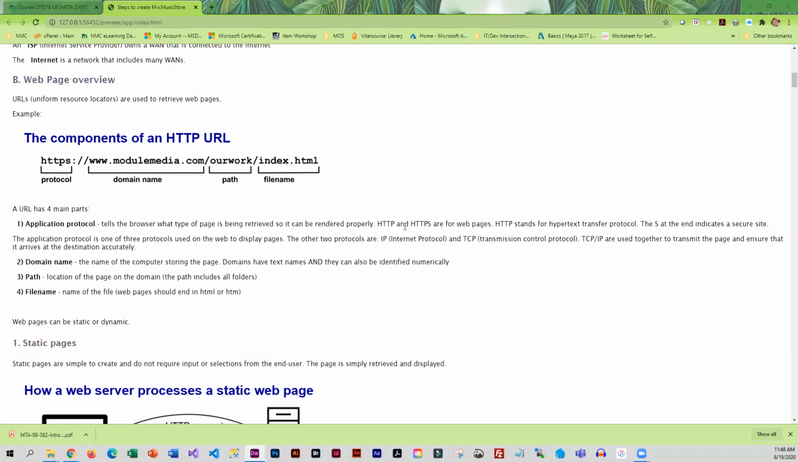HTTP stands for Hypertext Transfer Protocol, and the S at the end just means it's secure. And nowadays, pretty much all of them end in S. So most of the sites you encounter are going to have HTTPS. Other sites that you may encounter would be FTP sites. There aren't that many of them, but they start with FTP: